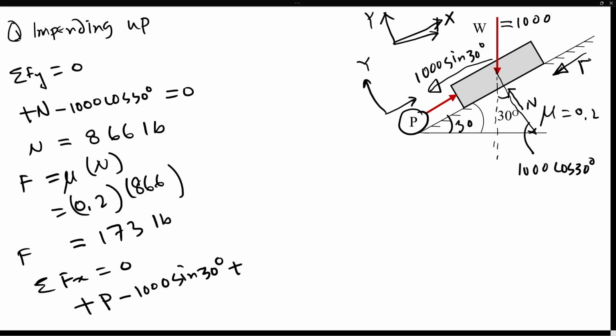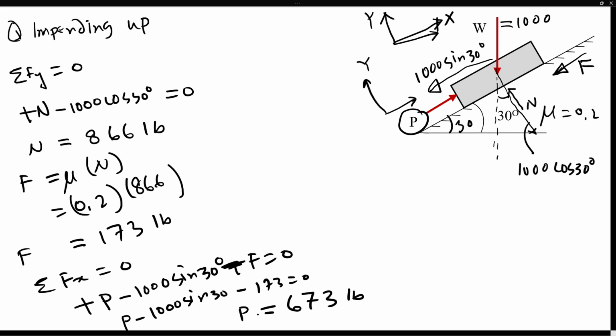Because we are trying to go up, minus F, everything summed to 0. So P minus 1,000 sine theta plus the friction force 173 we calculated. The value for P I calculated is 673 pounds. So this is the amount of force needed